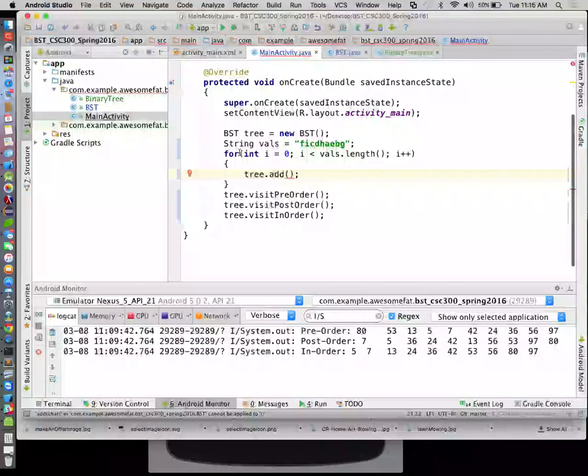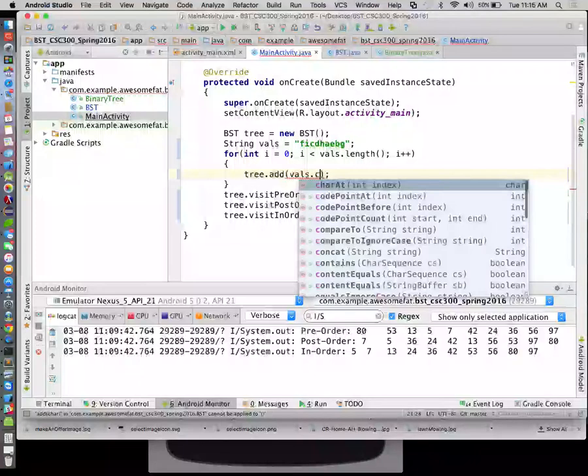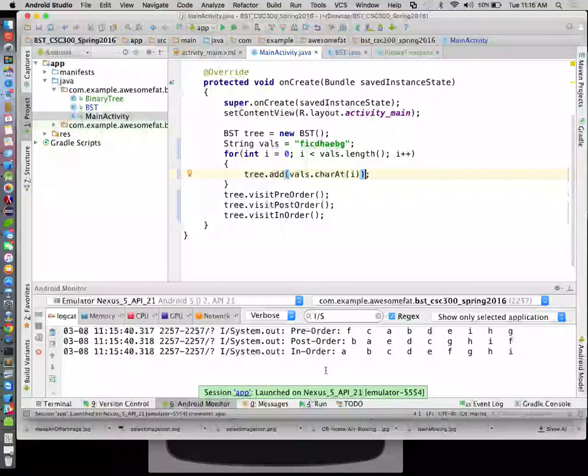So now I should be able to just say vals dot char at i, and then let's go ahead and make sure we can still traverse that tree the right way. So A, B, C, D, E, F, G, H, I seems to be legit enough. All right, so now